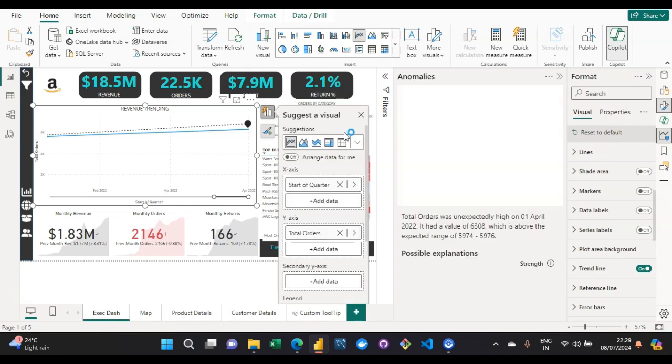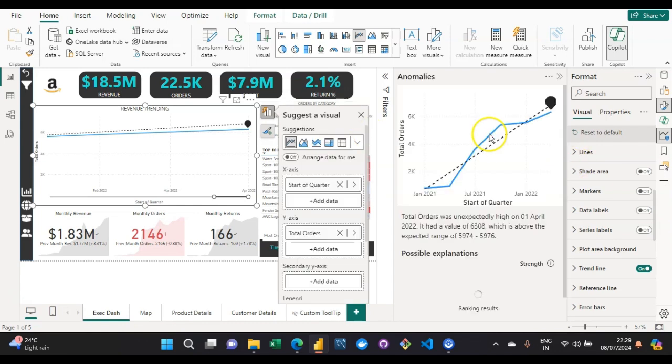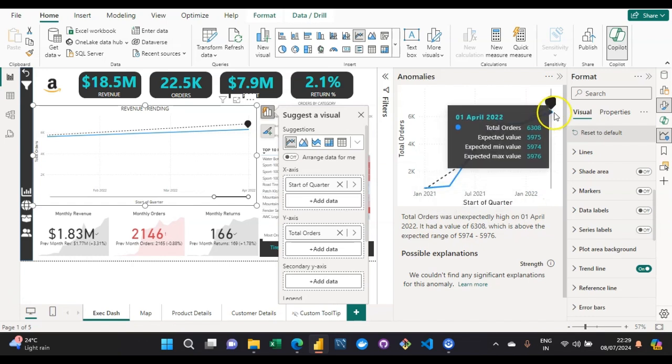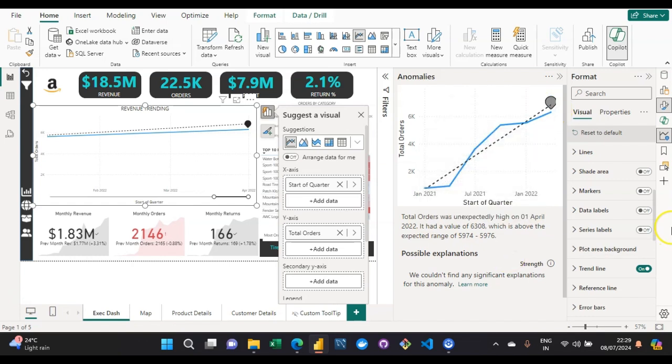As soon as I'm going to click on it, now finally we are able to see why exactly we are coming across this anomaly. Okay, so you can see that now the AI generated content is showing us that the total orders was unexpectedly high on 1st April 2022. It had a value of 6,308, which is above the expected range.